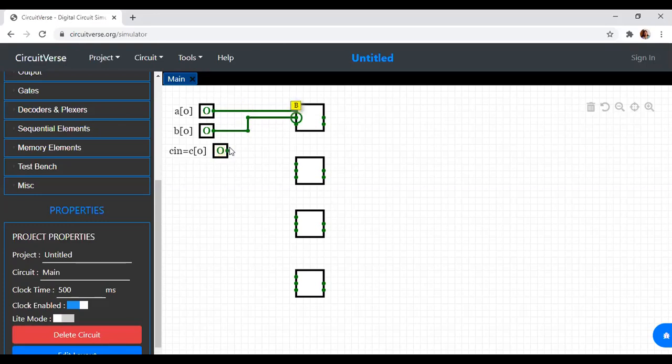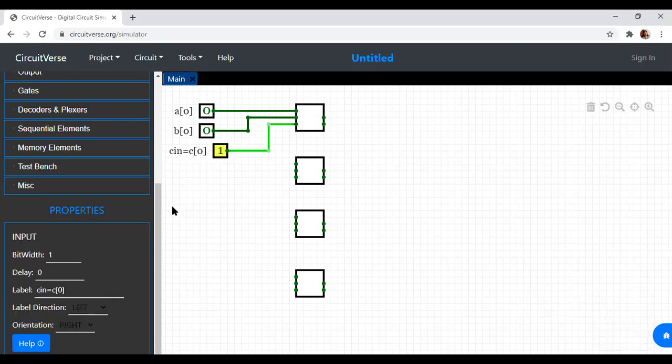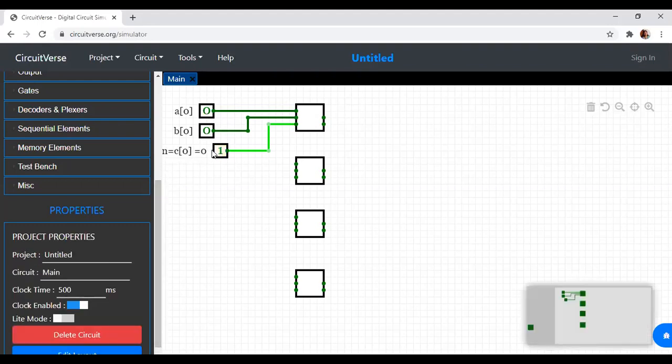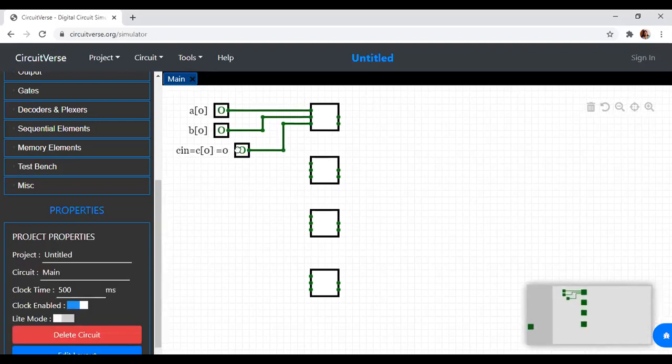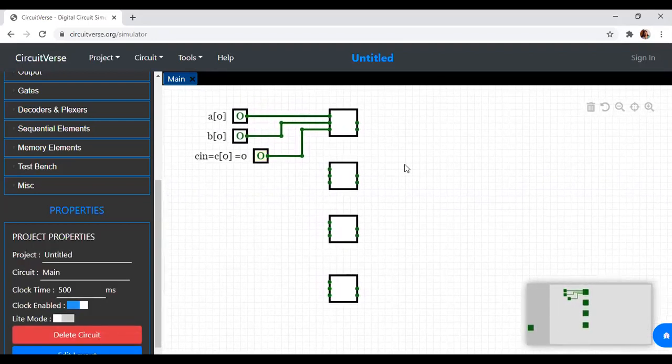This is my B of 0. C should always be 0. So let me mention again, C of 0 should be equal to 0. If you want, I'll edit it. C of 0, its value is always 0. So we should keep this as 0. So I've retained it as 0.